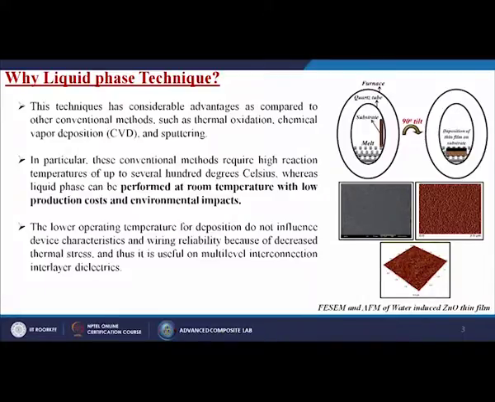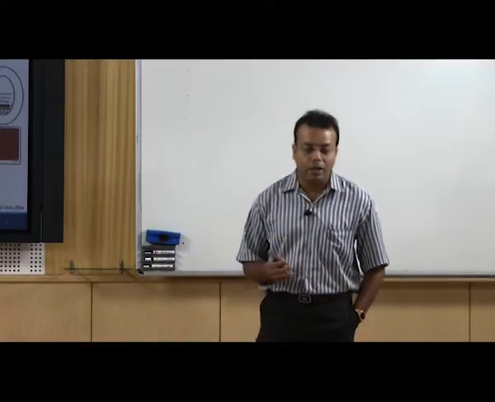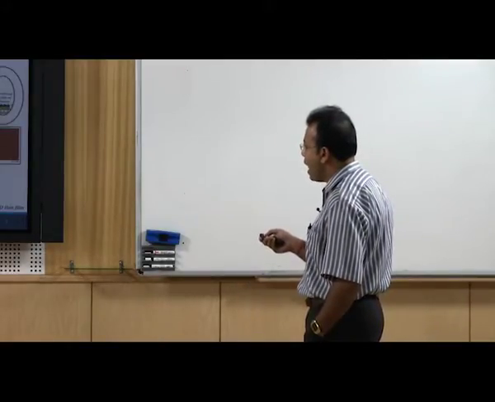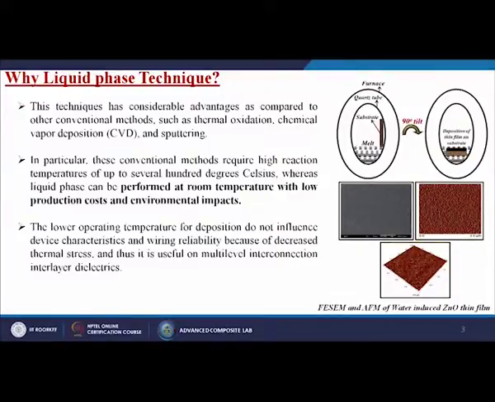So, here is an example. We have a quartz tube surrounded by a furnace, then we have the solvent and the substrate. Simply by rotating this, we put the substrate into the solvent, then chemical reactions take place, by which we form the layer on the substrate itself. The images below are the FESEM and AFM images showing how we make the water-induced zinc oxide thin films onto the substrate itself.